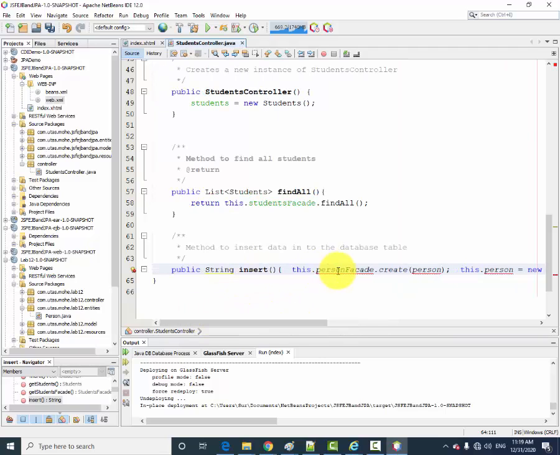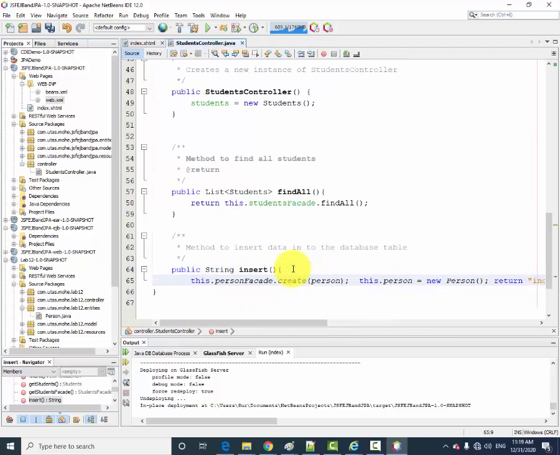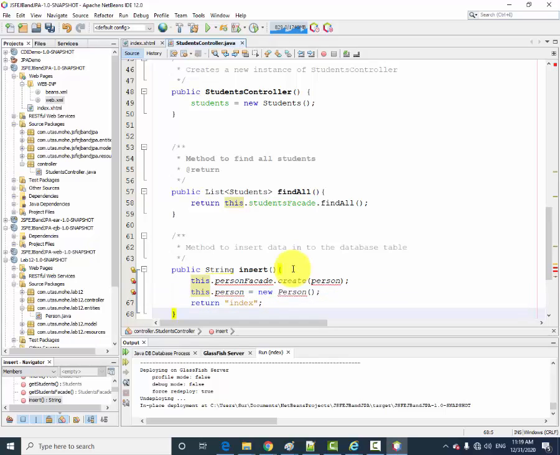So here we are not using person, we have to change this one. Already person is existing in my project, so I don't want that one. So here student facade,